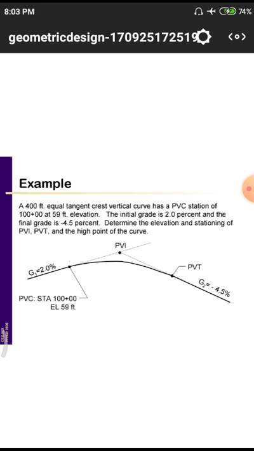This is the example they are giving for a vertical alignment. Why? Because these examples are very much useful in your graduation. That means you are likely an undergraduate. Whenever you are doing graduation in transportation engineering, these examples are very much useful for solving these kinds of problems. Normally these are all useful while we are designing a particular roadway or railway track.